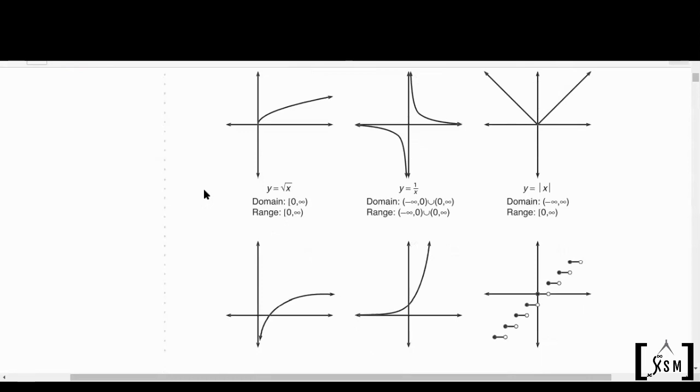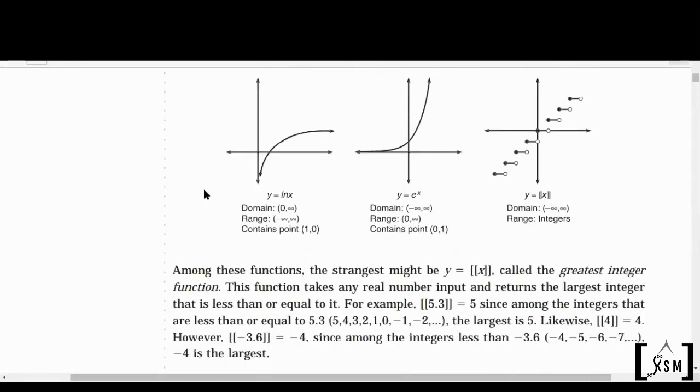And look, all these functions are important in respect of AP Calculus exams. The ln x graph looks like this. It gets closer and closer to the y-axis but never touches the y-axis. So basically the y-axis is an asymptote for the ln graph, a vertical asymptote. Vertical asymptote is the y-axis for the standard ln x function.